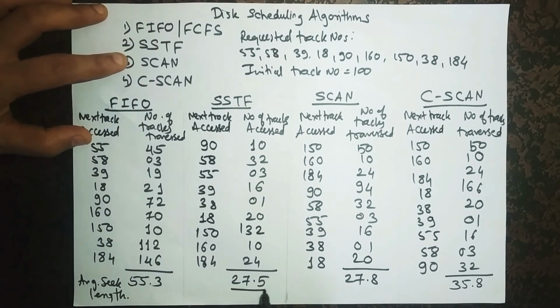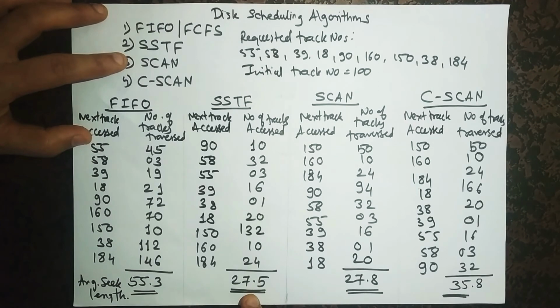the minimum value we get is for the SSTF, next for the scan, then C-scan and then FIFO. So the maximum is for the FIFO. SSTF is giving the best performance considering these algorithms, because the shortest or the closest tracks are traversed here, so the average number of tracks will be less, as well as the average seek time also less.